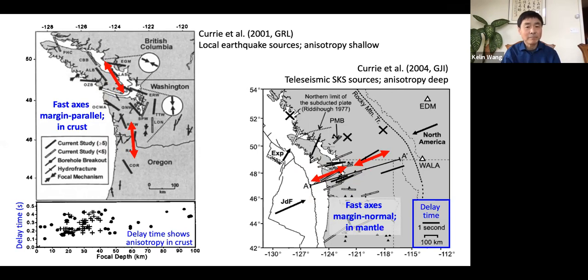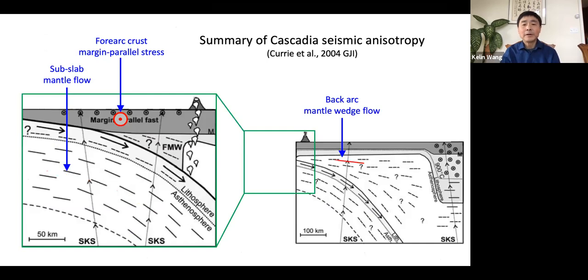The fast direction is margin parallel, and the deeper anisotropy, mainly in the mantle, is margin normal, very, very different. And we can tell the depth from the delay time, of course. And the interpretation for this difference between shallow and the deep is as follows. For the deeper anisotropy, margin normal anisotropy, it reflects mantle flow, either in the